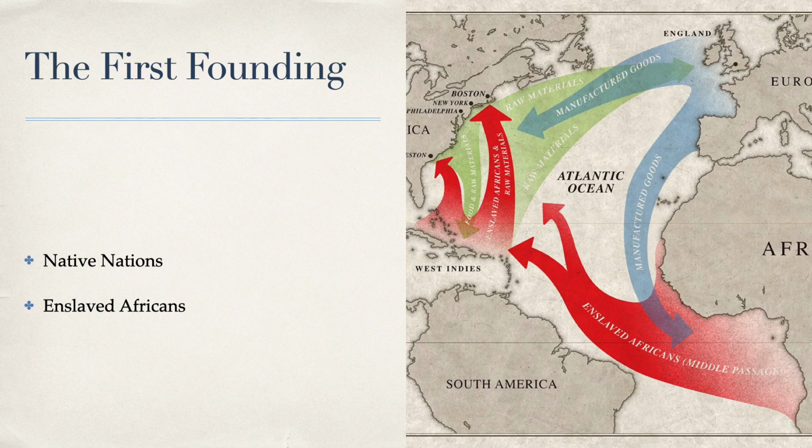Settlers also rejected the idea that the natives owned the land, and they forcibly removed them. This is called settler colonialism, which means it seeks to remove the native people and replace them with a new settler population. And at this time, we have to remember, land was the most valuable commodity in America.